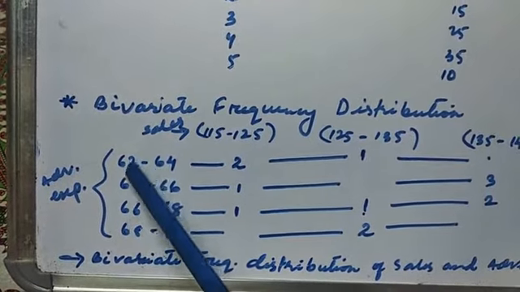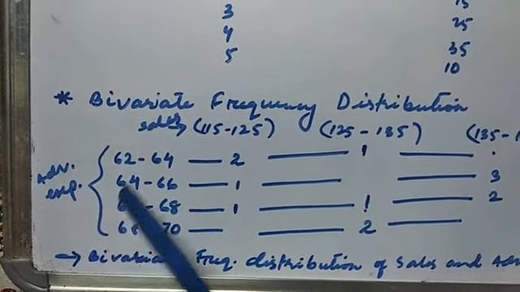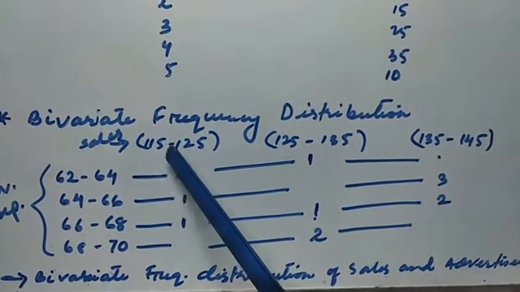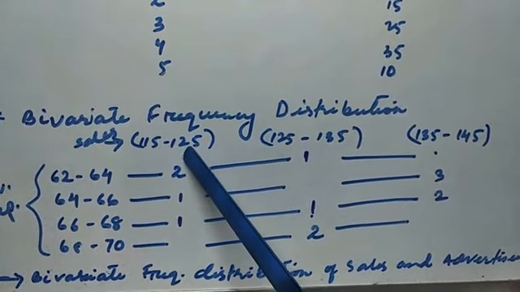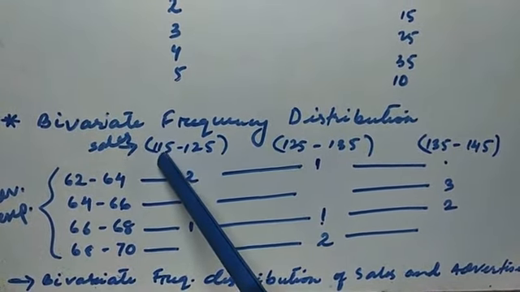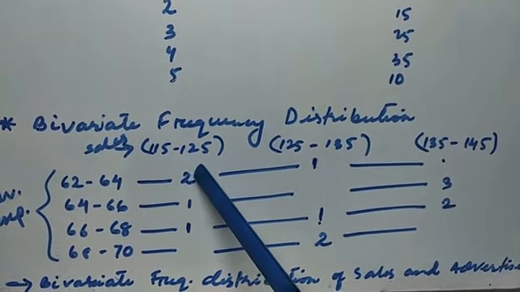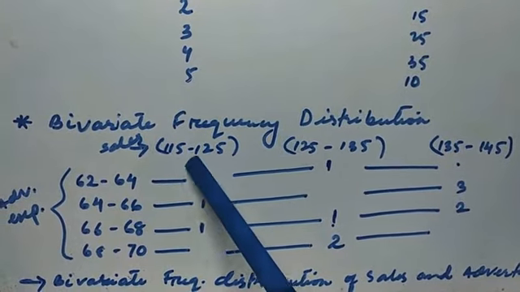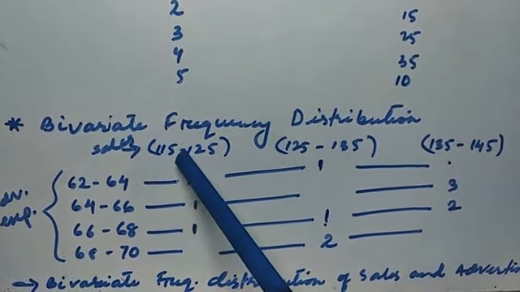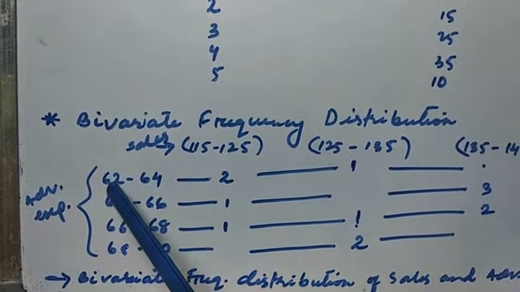Here we are measuring the advertisement expenditure, and here we are measuring the sales. How many firms are able to sell within the range of 115 lakhs to 125 lakhs? There are two firms that are able to sell 115 to 125 lakhs